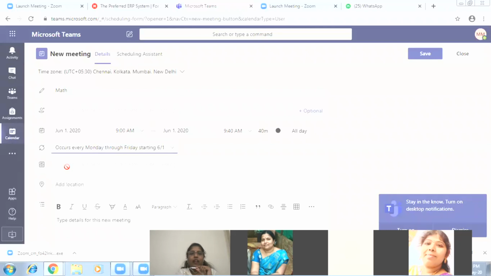Okay. Once you give time and date, you need to go to add channel. Here in add channel, you need to click on the class, whichever class you are taking, and the subject. In class, you will get subjects. Just beside the class, you will get a small arrow. When you click on the arrow, the channels will open. The subjects will open. So you need to select your subject. If Aparna ma'am is scheduling the class, she will select maths.